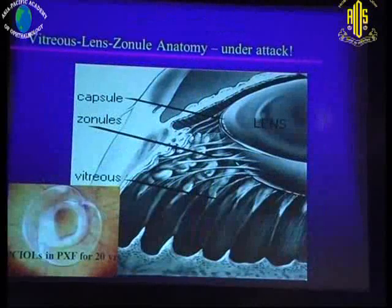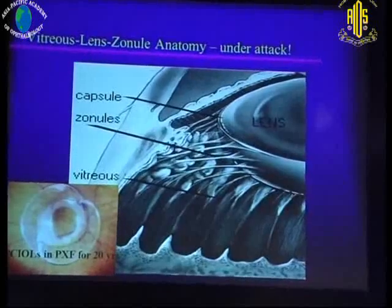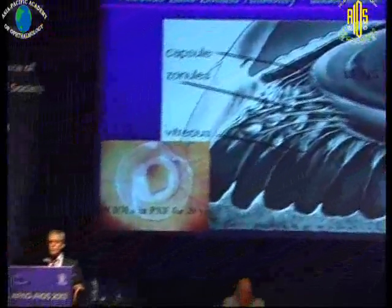The vitreozonular apparatus is probably under increasing threat these days. We've got patients with PXF who've had intraocular lenses in for 20 years or more, and perhaps repetitive intravitreal injections cause some lytic effect upon the zonules. But nevertheless, if a patient suffers vitreous loss during cataract surgery,